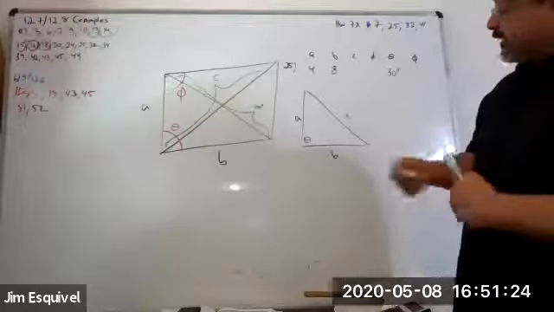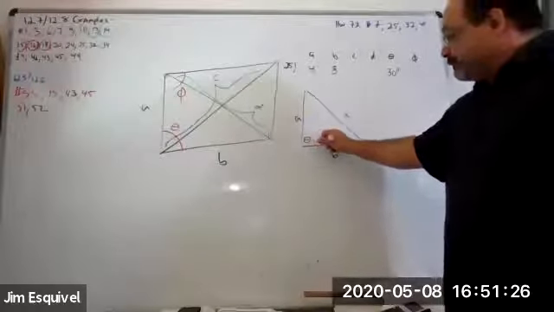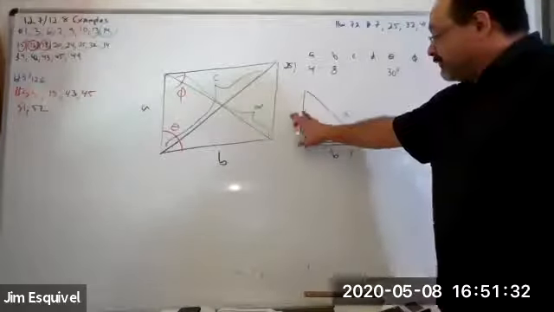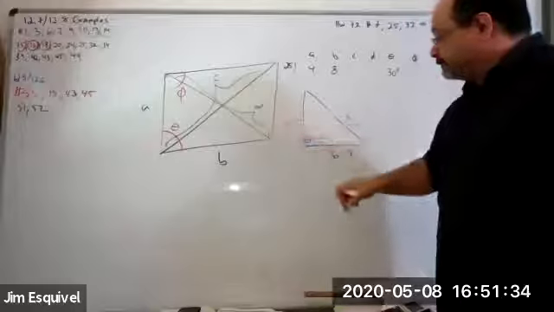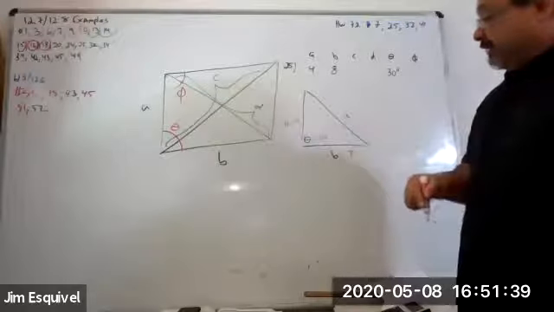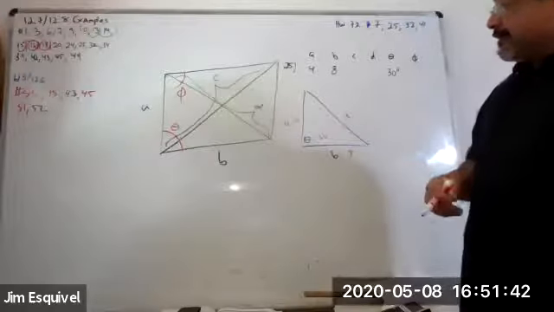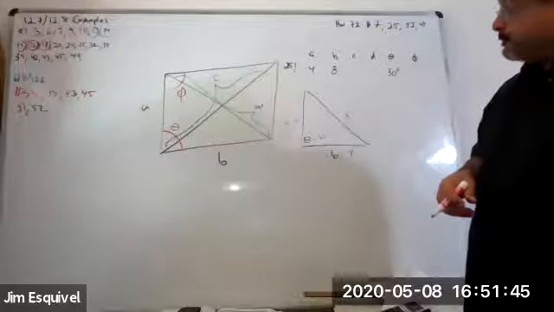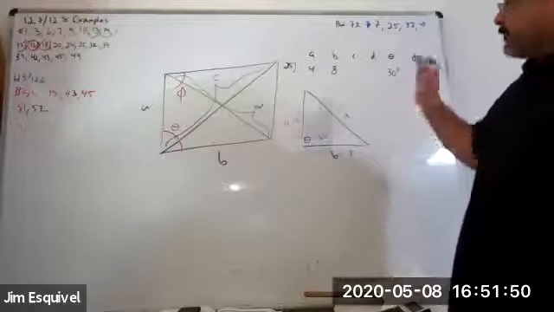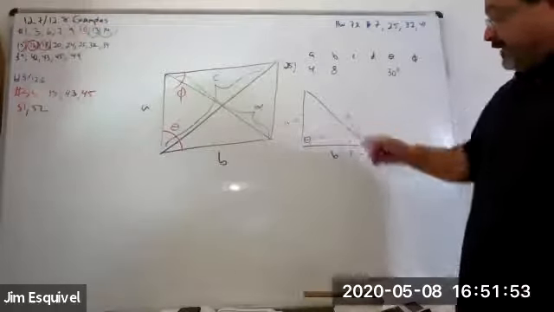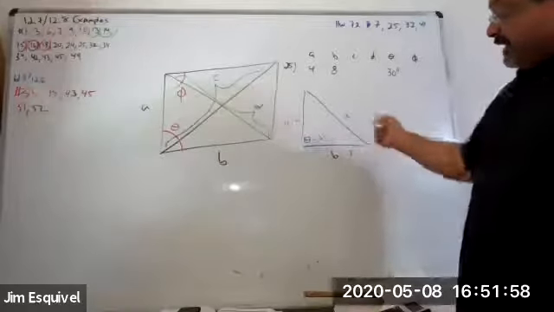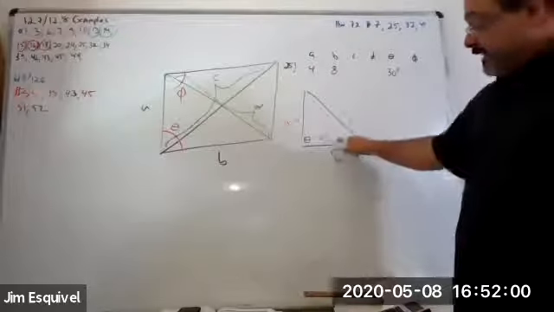And what we have so far is that this is 30. This is equal to 8. And this is equal to 4. So that's enough information to figure out D and to figure out some other pieces. And I'll tell you how we're going to get the rest of it in a second. But right now, enough to figure out D, law of cosines. Law of cosines in any triangle, side angle side,